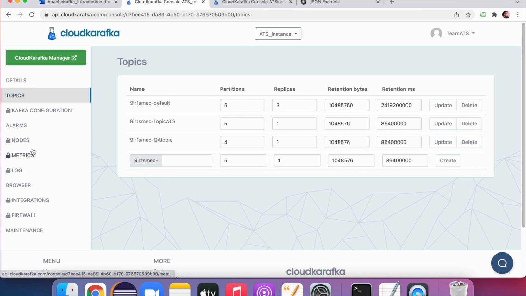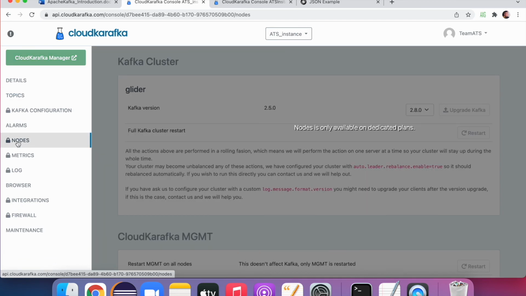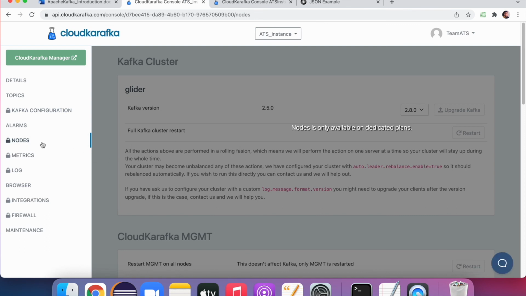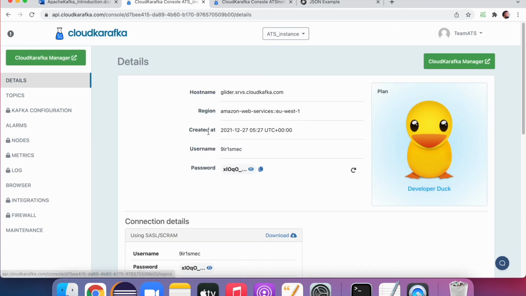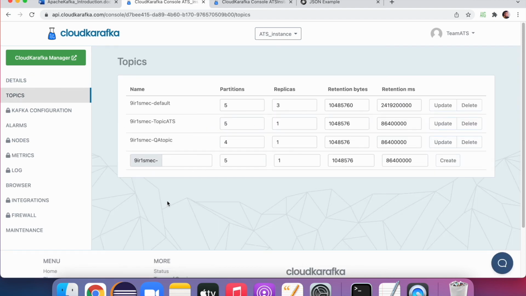All the other options you can see, you're not able to access because you have to buy for this. So I just took this example so that as a beginner you can understand Kafka topics, producers, consumers, this is a kind of a demo. So in your company, you will have something similar to this environment. You can get the environment details. You can log into that particular Kafka solution. You can try these things.